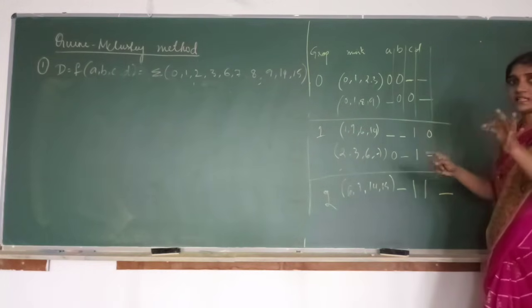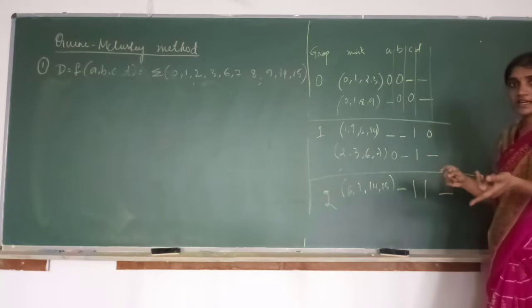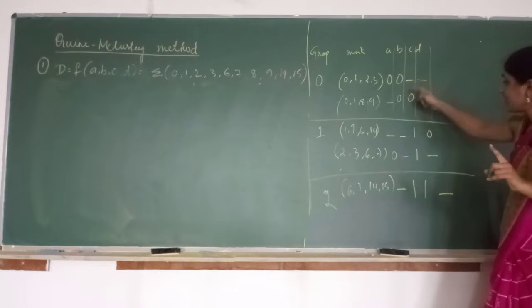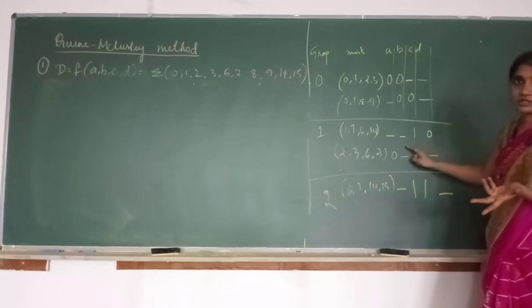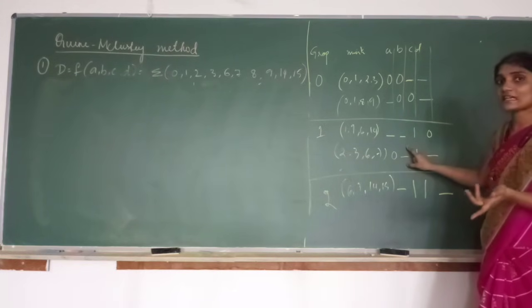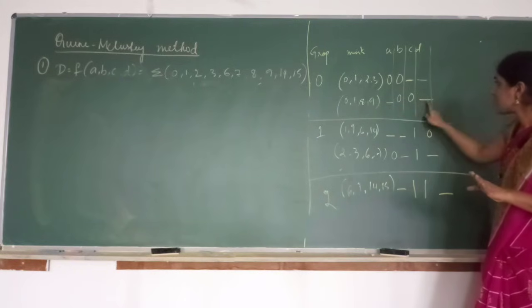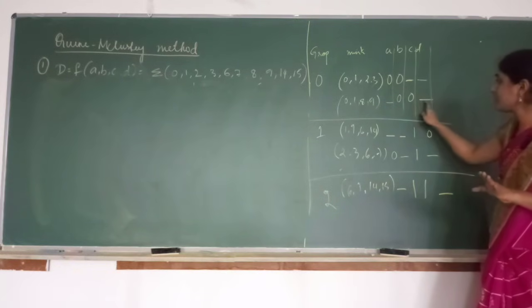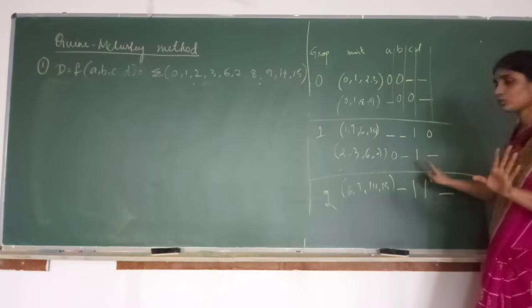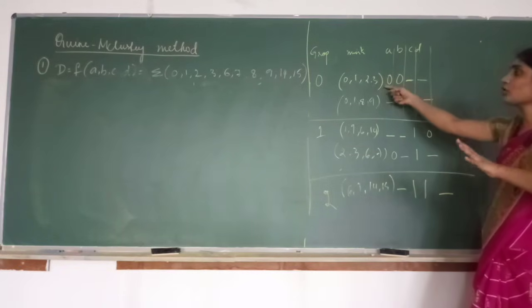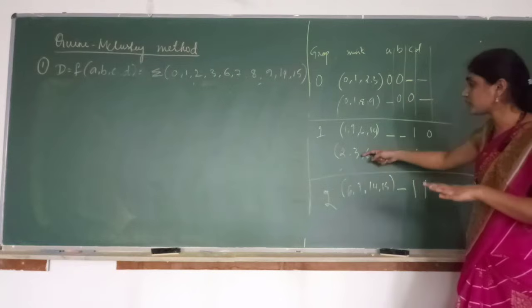If the dashes are in the same position, you have to go for the second condition. That is, one variable difference should be there. Dashes are not in the same position. So there is no point in checking out the second condition. Leave. Compare this with these two. Dashes are for A and D variable. Here, no. So not possible. I cannot group the terms present in group 0 with 1.